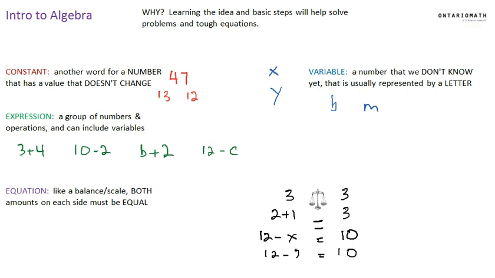12 subtract 2 equals 10. If you do 12 subtract 2, that turns into 10. 10 equals 10, and it balances out. So we can solve for x there. What did x turn into? X turned into 2. So x equals 2. First step in algebra. We'll talk more next